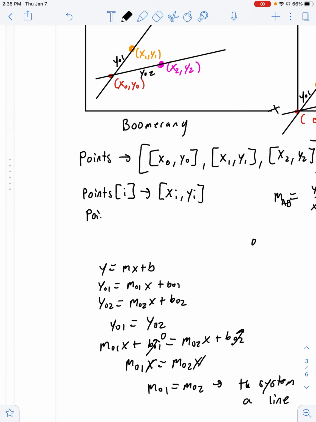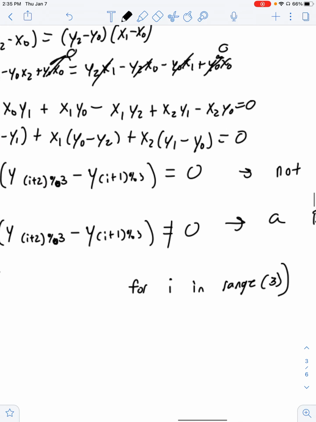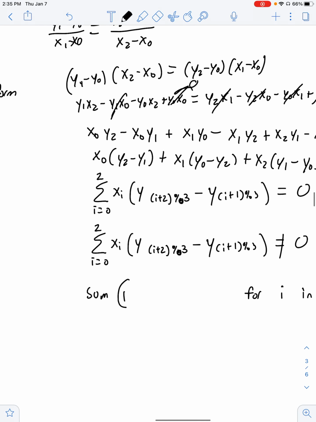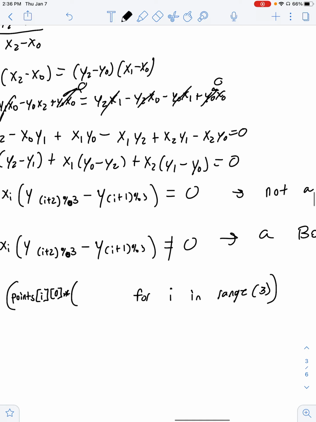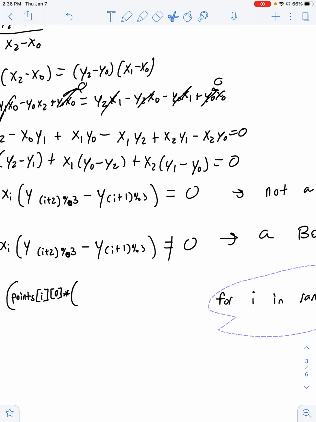So if we did points i at 0, that would give us x to the i. Okay, so then here we're going to put sum of points i 0 times, and I definitely did not give myself enough room. Always do that. Times,